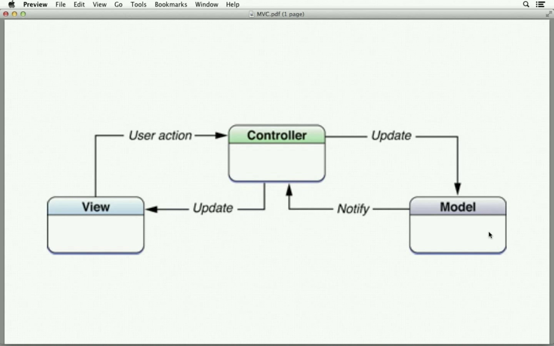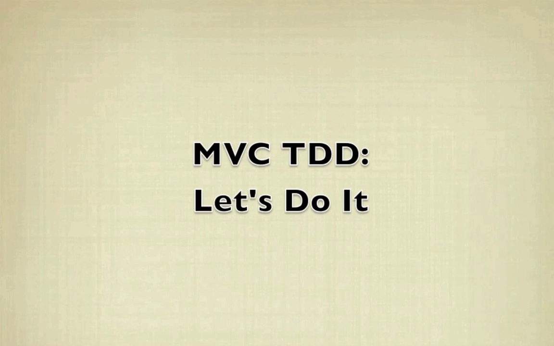But in this case, I actually want the model to do some work. I want it to post a notification. I'd rather not have that happen. So what I'm going to do is mock the model and make sure that the message being sent to update it is correct. Basically, I'm verifying the contract of the communication that goes this way. And then I'll show you how to TDD. Well, first we'll TDD the model itself, and then I'll show you how to check the notification. That's the plan.